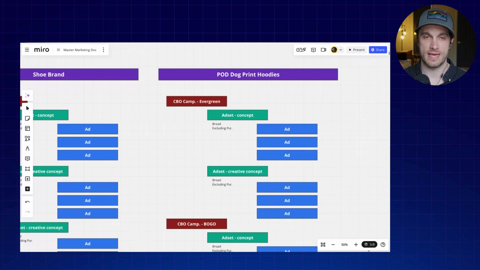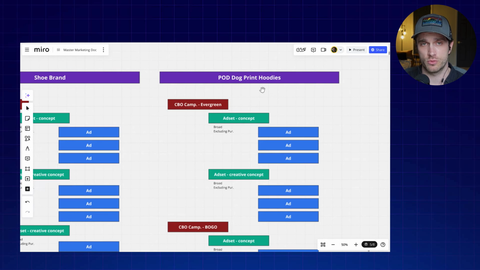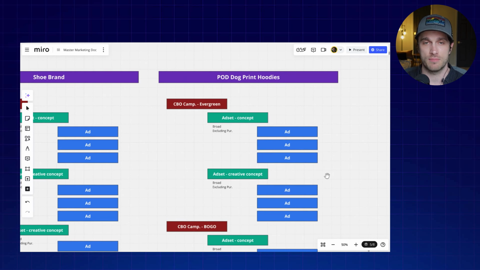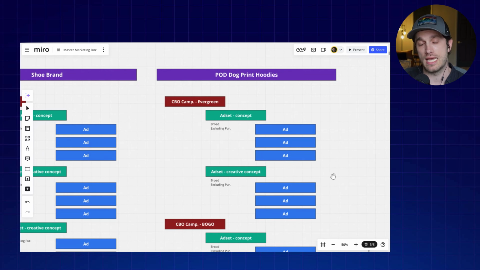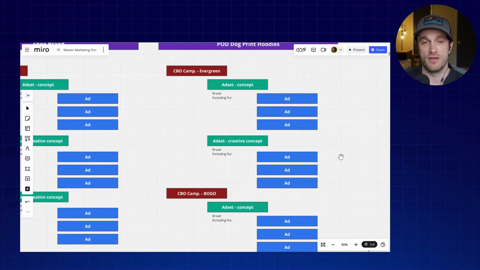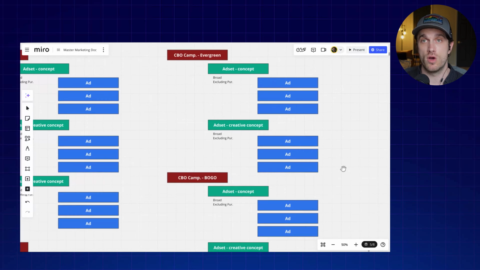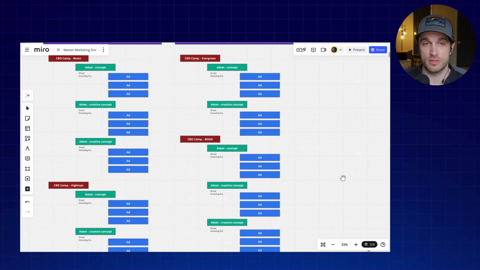If you're finding that Meta is serving too much to current customers because of view attribution, you're seeing that too many people are being caught up in view attribution, we may go very aggressive and upload a list or a dynamic list of all purchasers to exclude. But coming back to this, if you had a brand that's print on demand selling dogs' faces on hoodies, we'd have one campaign just pushing evergreen, but then at different points in time throughout the year, if they're running a BOGO, buy one, get one free, we would then have a separate campaign